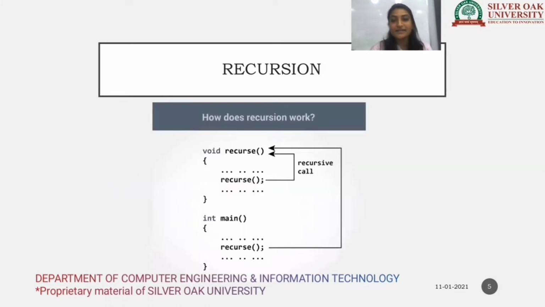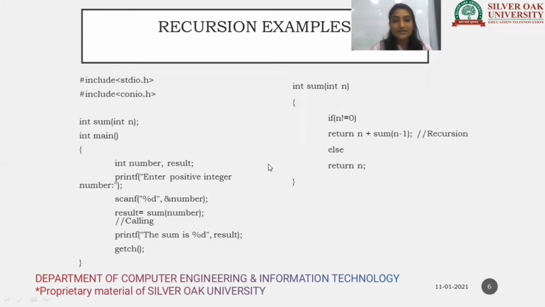So how does recursion work? Here you can see the recurse function we have used in the function definition part, and this function will call itself multiple times until the condition is satisfied. So this is the program. Before we use this recursive function, we have to check whether the input the user has given is null or not. If the input is null, it will return the original value, and if this condition is true, it will use this recursive function here.